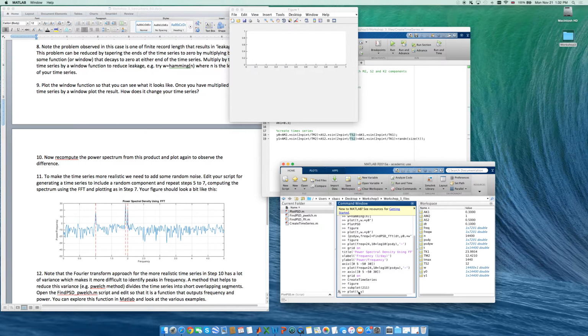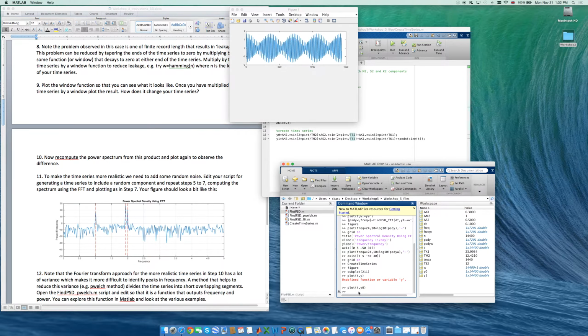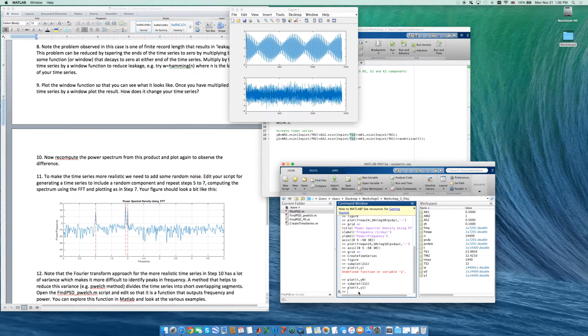So I'm opening up the top subplot 211. Oh, undefined function y, that's because we called it y0. Okay, so that's our original time series. Now in the bottom plot, subplot 212, I'm going to plot the new time series, which has got the random component. Okay, so we can see that actually they're quite